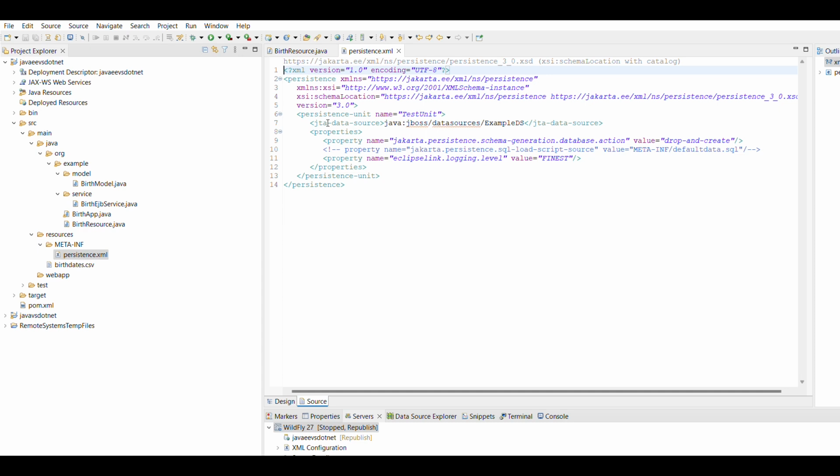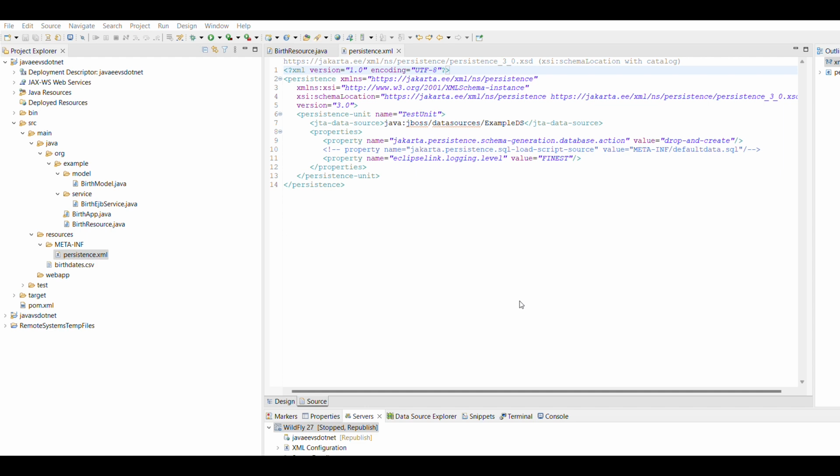Then I went to the Wildfly website, downloaded the server, and when I downloaded that, I came here, added a new server, added Wildfly 27 because that's the version that I downloaded. It downloads the connector first, and then you can create a local server. After you downloaded the connector and I added the local server, I went to